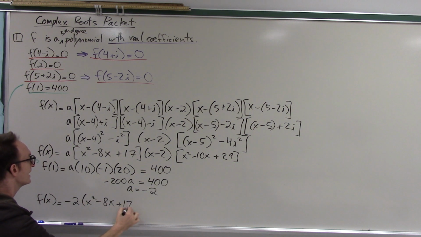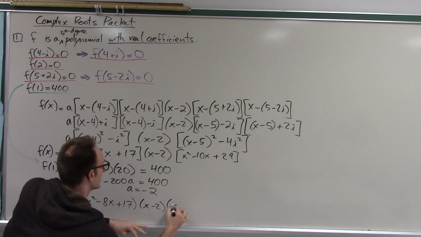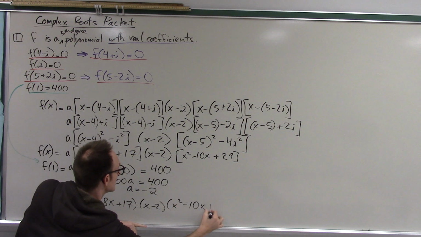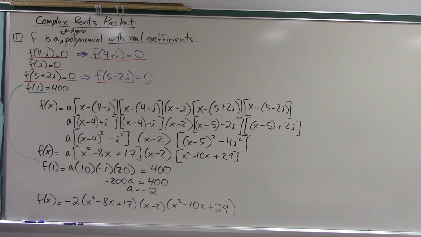There are many different ways to write this, but this is one way to write it, just like that. So that is precisely the 5th degree polynomial, which has these 5 numbers as roots, and which